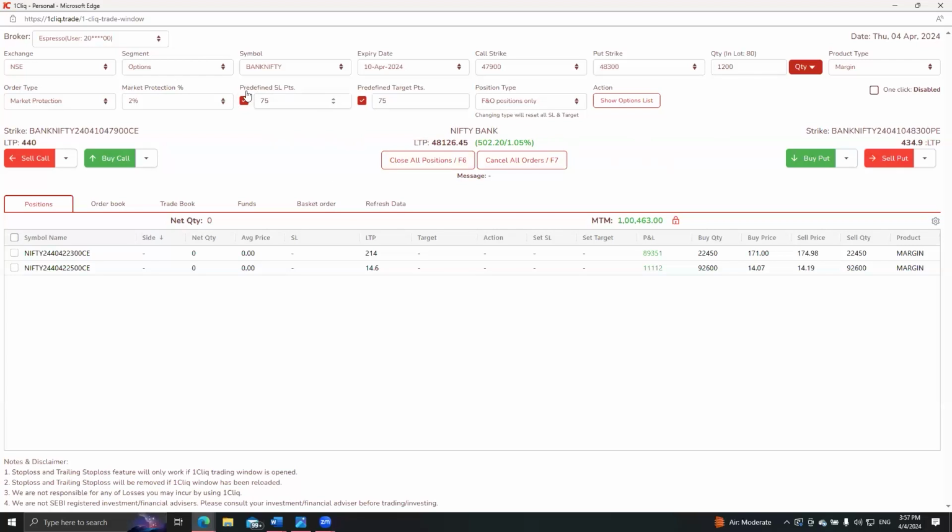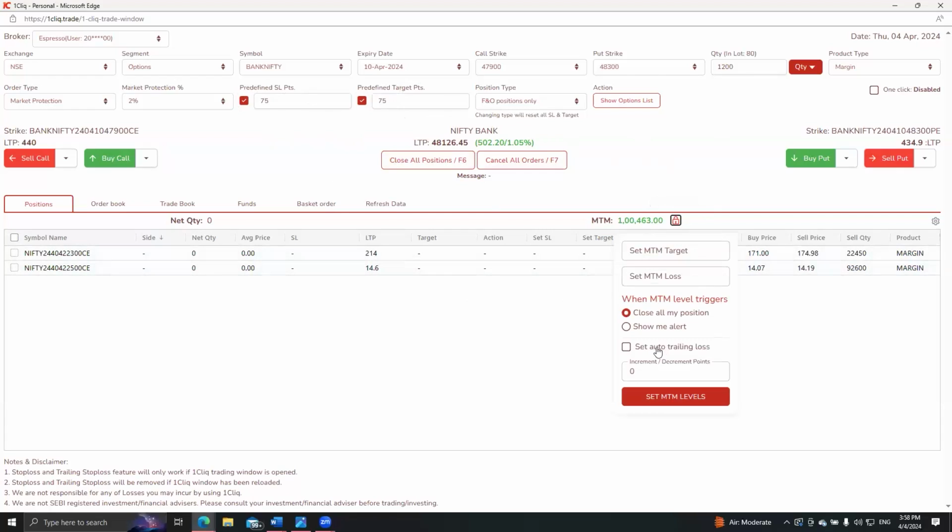Even here, we have given you the predefined stop loss, predefined target, plus in case you have a stop loss here, which I will be showing you in the live markets, you should also be able to do an auto trailing using the stop loss here. And you can also do an auto trailing with your profits here. So once you set the profits here,